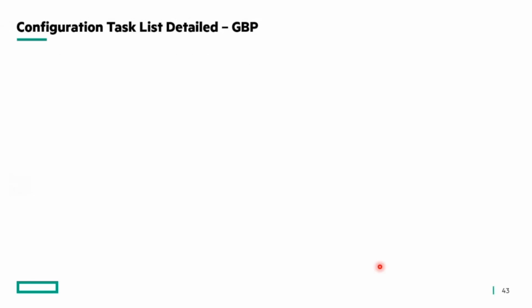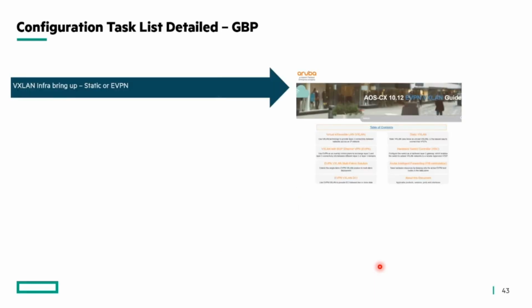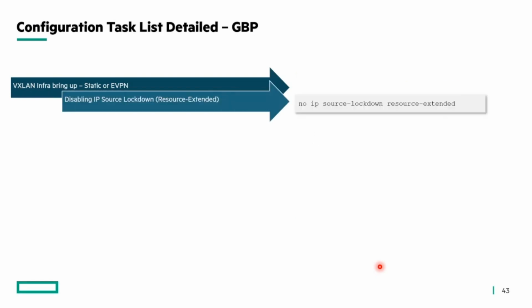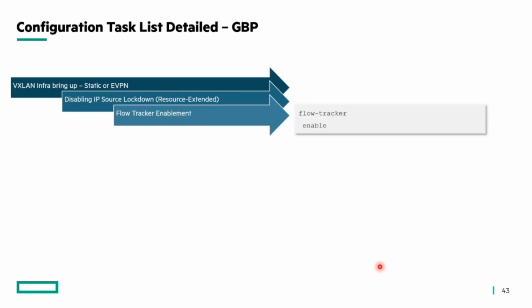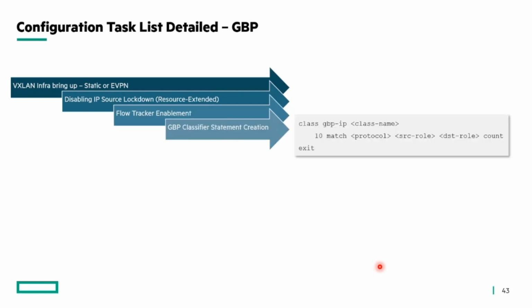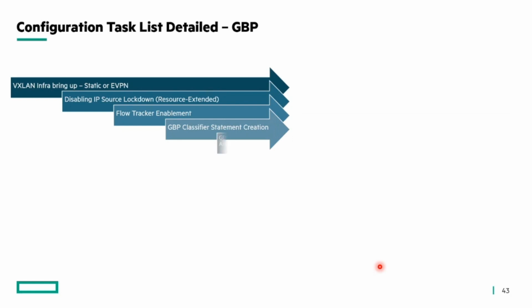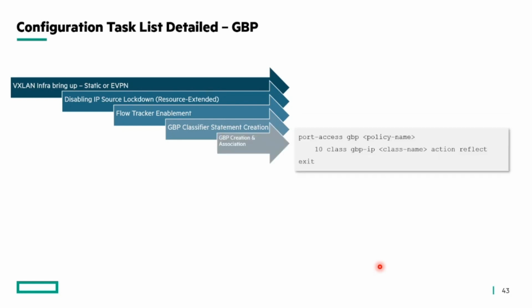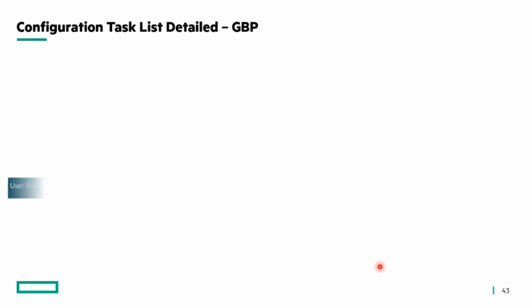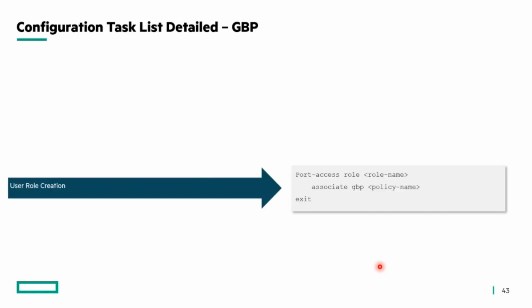So there is a similar configuration task list for GBP as well. First is the VXLAN infra bring up for the VNBT to happen. Next, similarly, you have to disable the IP source lockdown to tracking enablement. And we are creating a GBP IP or IPv6 class here and associating that class to the GBP policy with action reflect. So once that is completed, you will do the user role creation